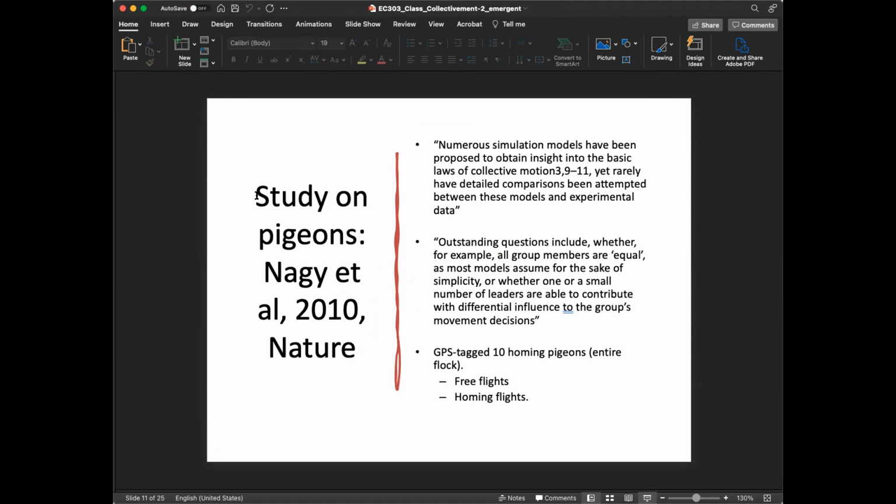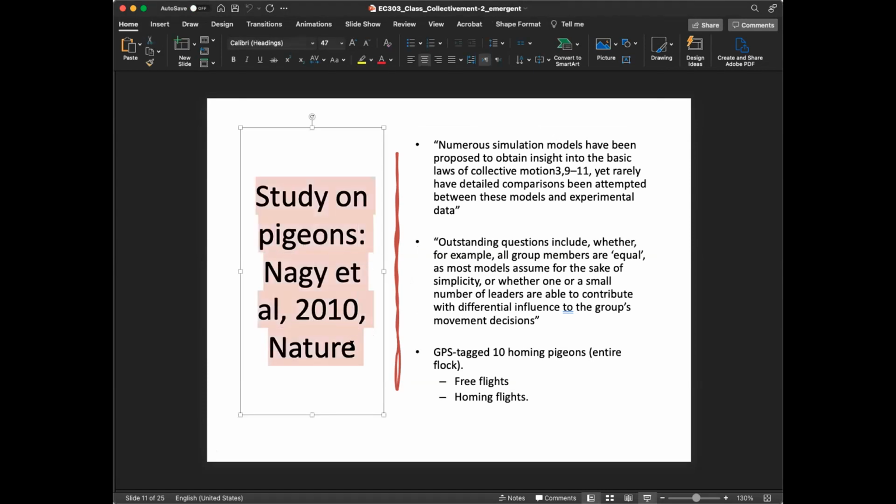This was one of the very first studies, not the first study. I told you that one of the very first mathematical computational models was 1995, although the really first models were at least 10 years ahead of that. In the following 10 years, there were lots of computational agent-based models of collective movement. The data that actually began to make connections to agent-based models and theory first arrived in 2007 onwards. So this is one such paper, 2010.